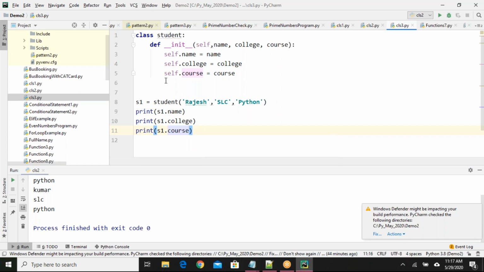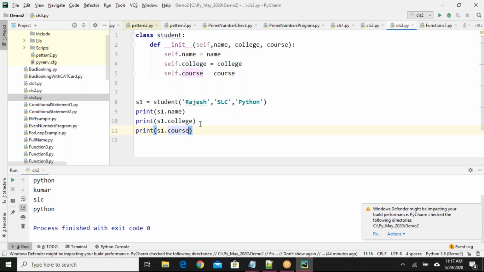Now I'm not initializing the variables with hard-coded values. I am passing the arguments. Based on the argument values, the variables will be declared. So what is the advantage of this example?